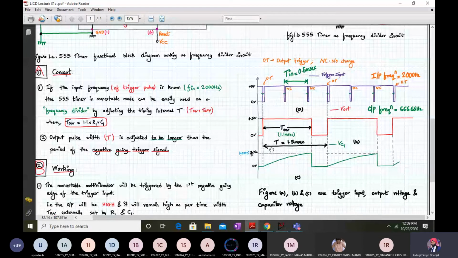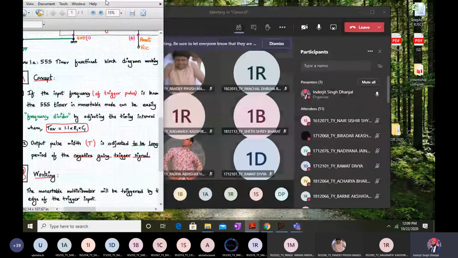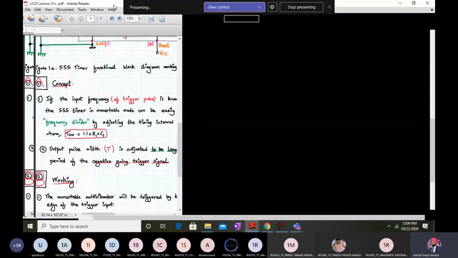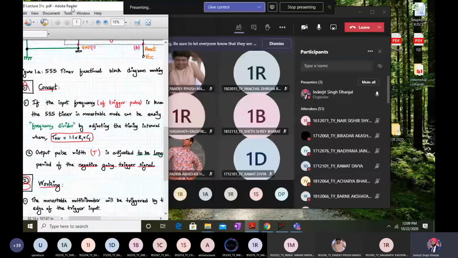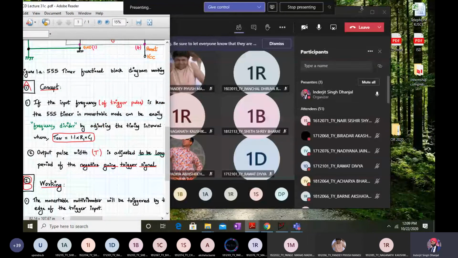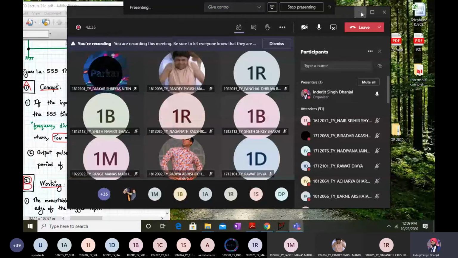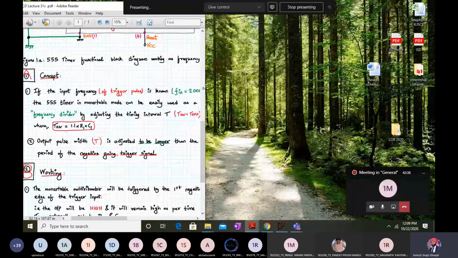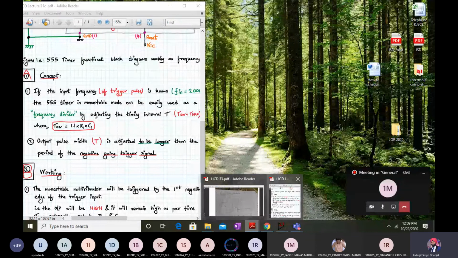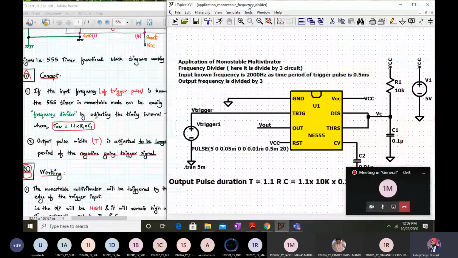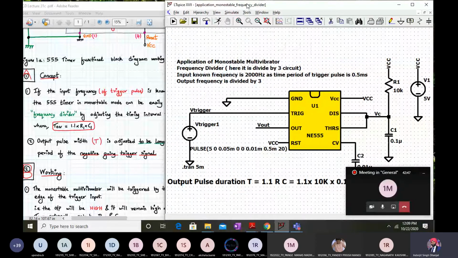Any doubts? Hello? No, sir. No? Okay, very good. You all have no doubts at all. That means you have understood. Or maybe you all have not. Some of you, because I can hear only 1 or 2 or 3 persons. I know that everyone cannot speak simultaneously, but still, I want to hear some new voices. Yes. Yeah, good. Thank you.